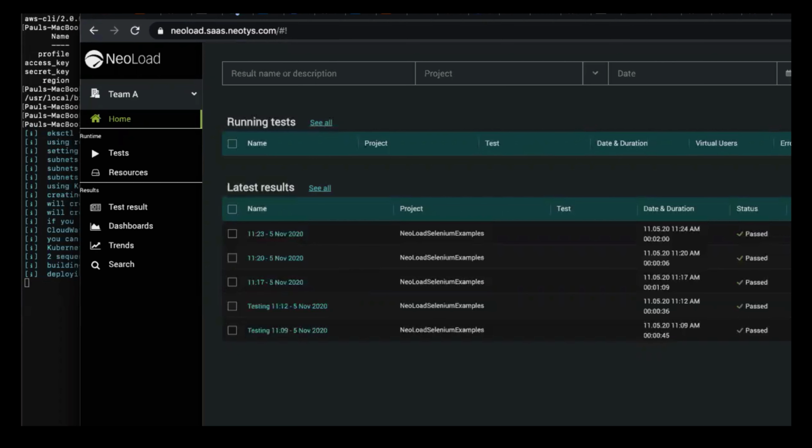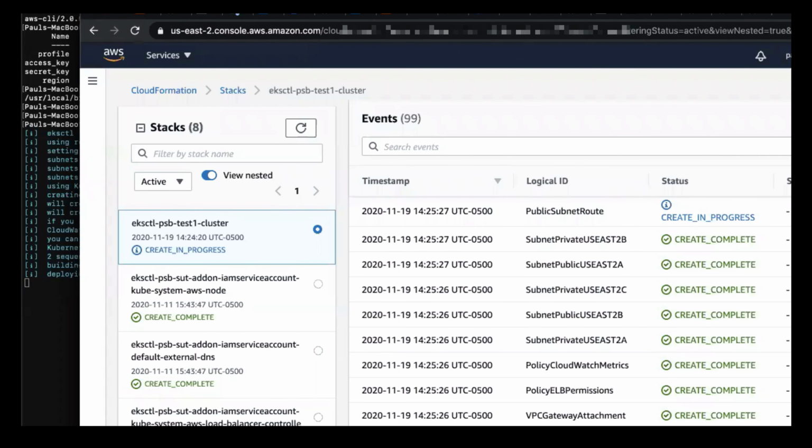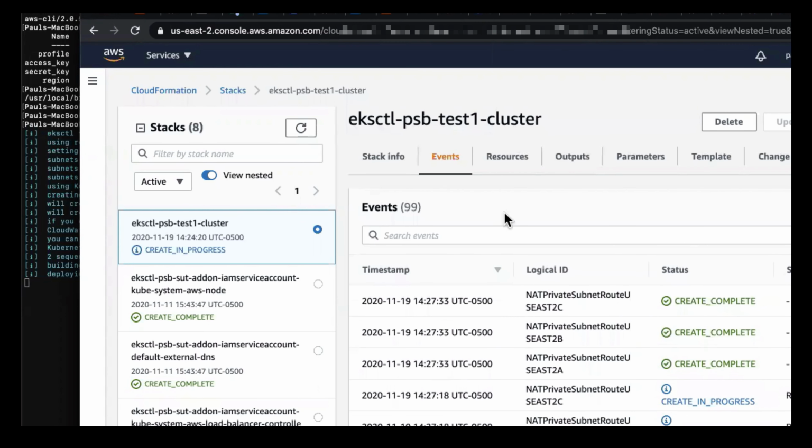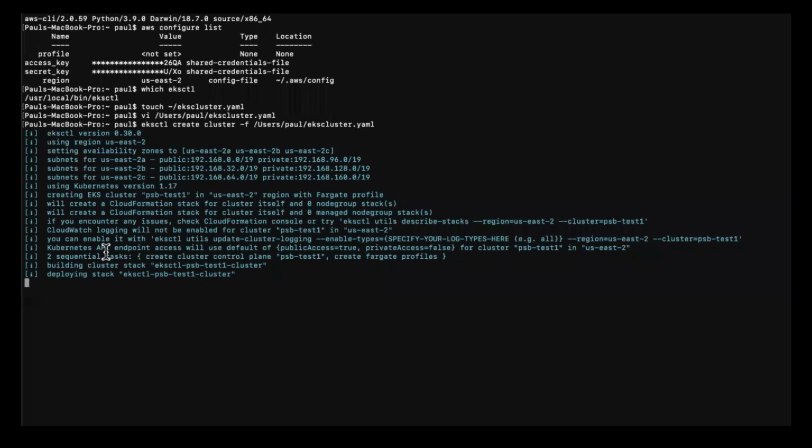Yeah. So, this is taking its sweet long time, but it is progressing little bits at a time. It's doing what it's supposed to do. When we get to the point where we have a cluster, what eksctl will do is, you should also have kubectl, the Kubernetes CLI, installed on here as well. It will take the stack it just created and set your kubectl current context to this cluster,